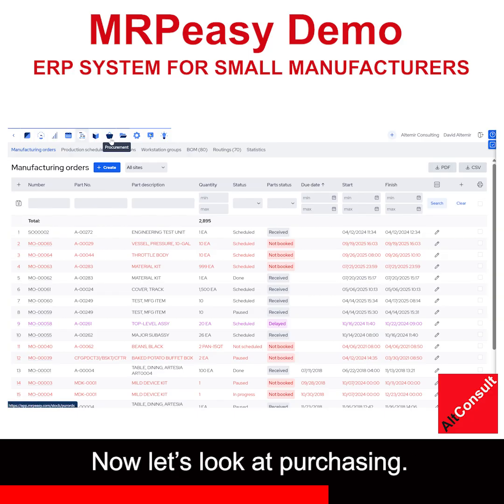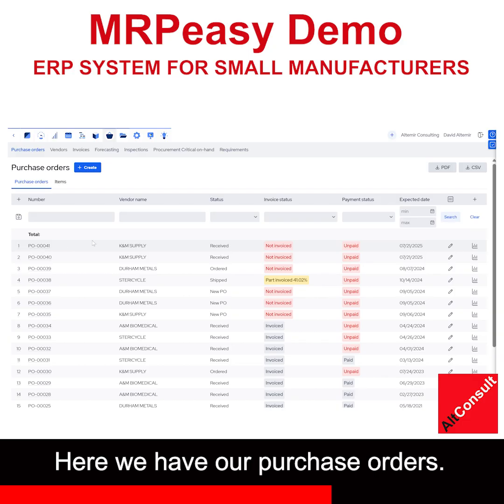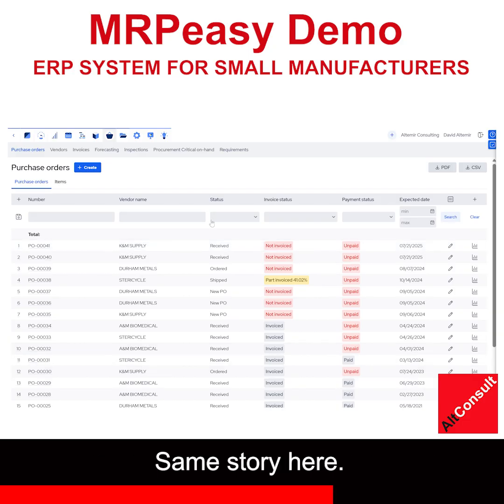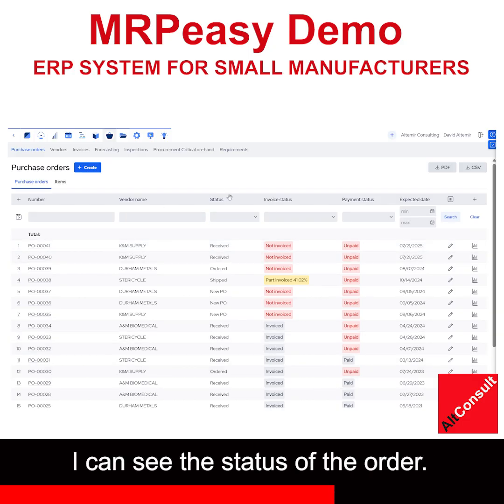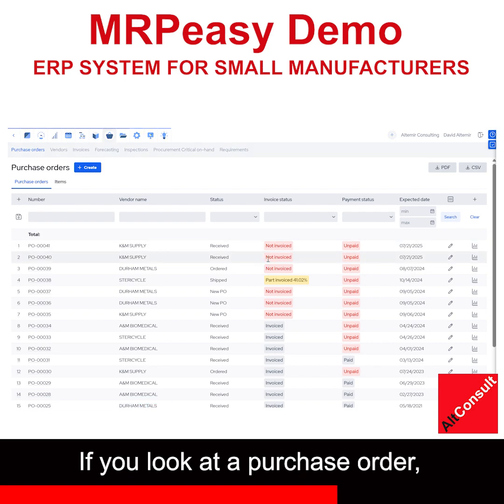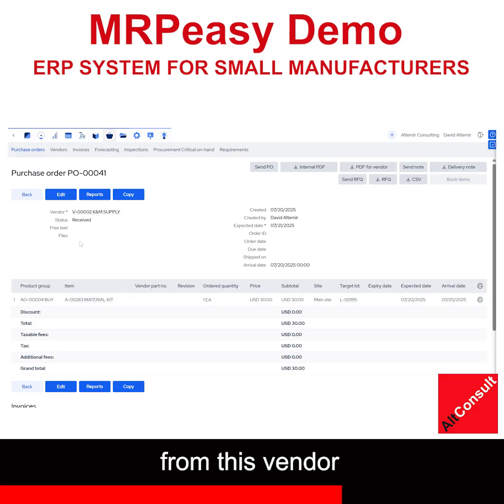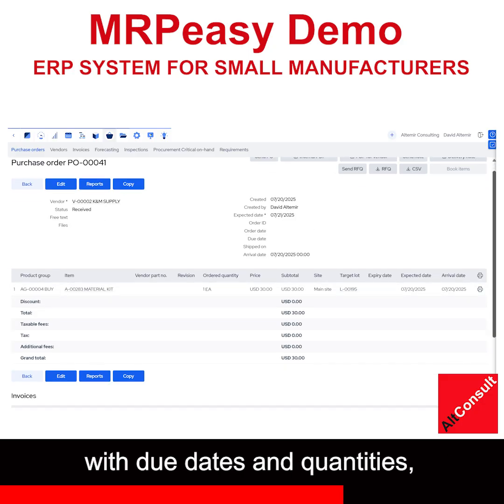Now let's look at purchasing. So we go to the purchasing section. Here we have our purchase orders, same story here. I can see the status of the order, the billing status, the payment status. If you look at a purchase order, you can see what you are purchasing from this vendor with due dates